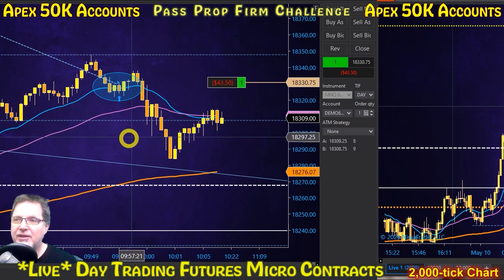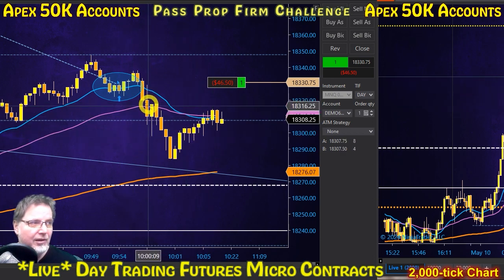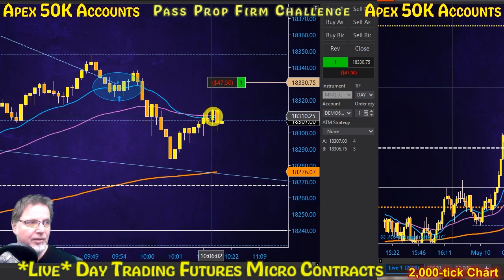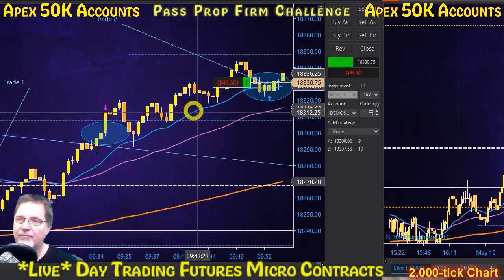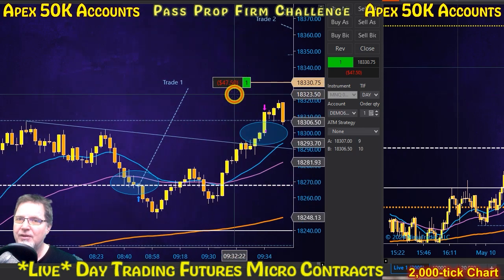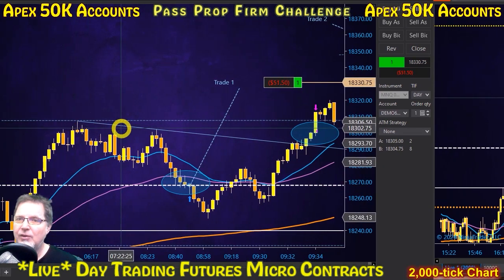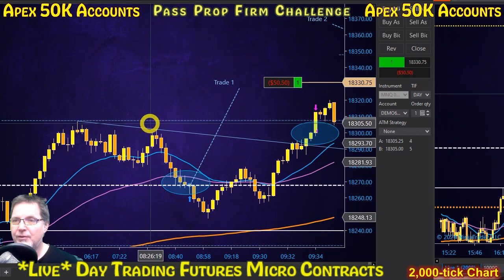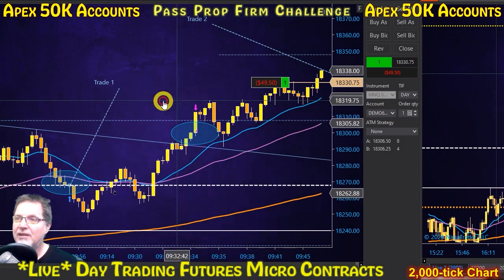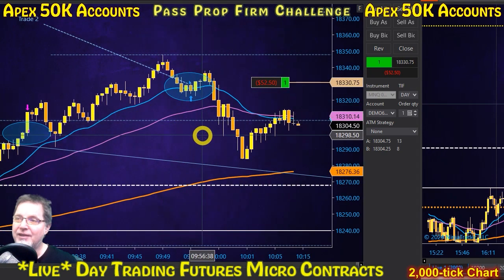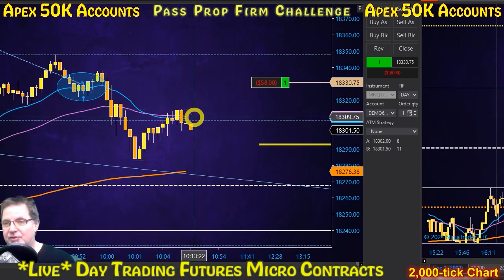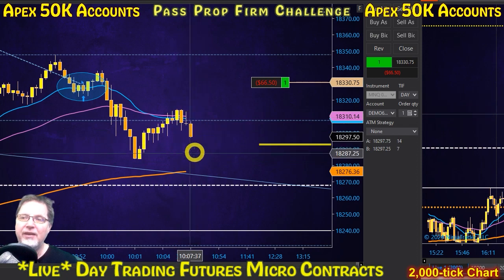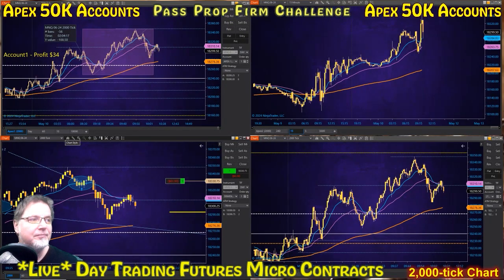So as you see this area right here, which strong candle up, violated it, coming back up to that area. That's the same place it broke out, right over here. And it's the same area that was resistance. So it's either going to be resistance or it's going to be support. So I guess a third option would be that it can just chop around and head fake on both sides all day long, which is the worst. But here it goes failing again, so let's keep an eye on it.